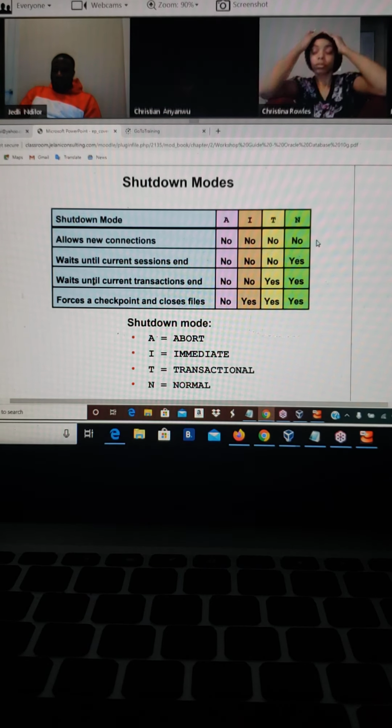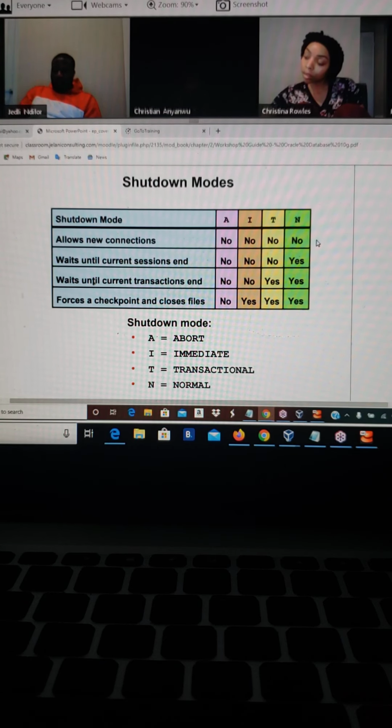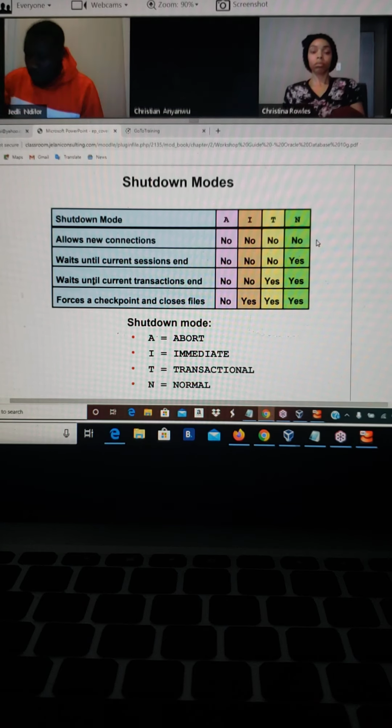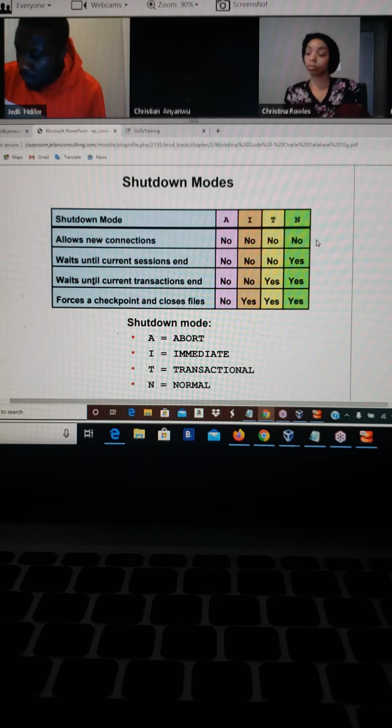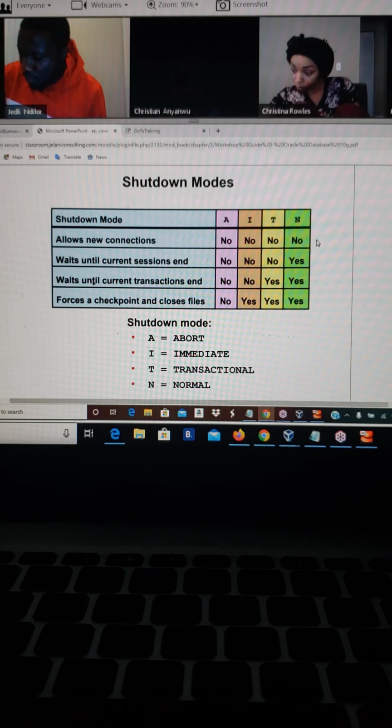Shutdown normal is not good. It's consistent, but it's not good. Why? Because if a session is running, you cannot do a shutdown normal. Because the system will never shut down. So for it to successfully shut down, you have to kill any session that is running. So if Christina was logged in and she went on vacation and I had to do a shutdown normal, I won't be able to shut down until I kill Christina's session. But if I did it using the shutdown immediate, it will definitely work. Which is why shutdown immediate is the most used and most recommended to DBAs,